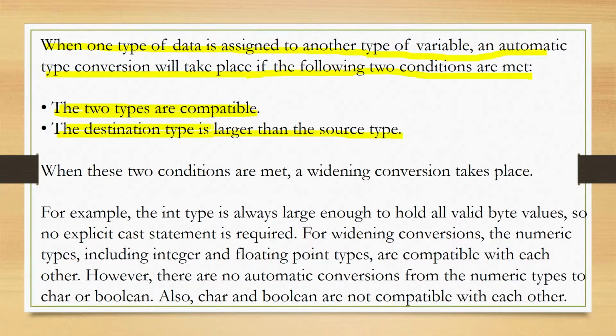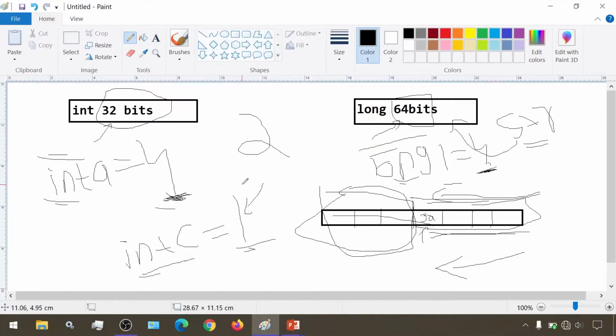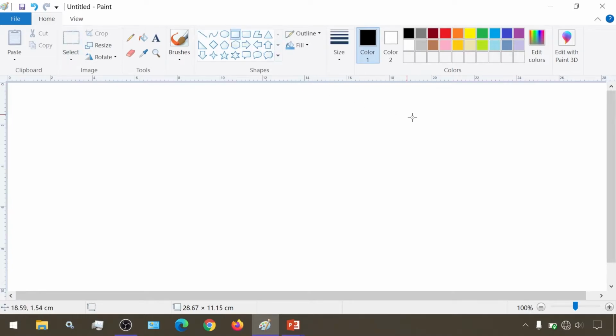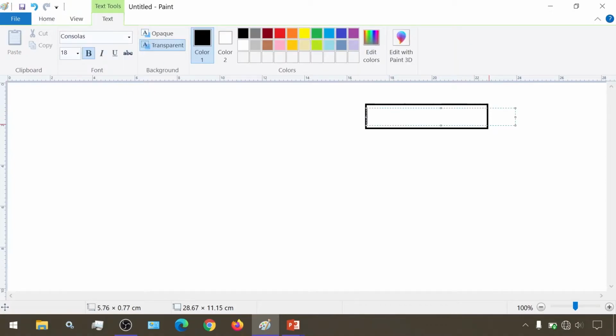And the destination type should be larger than the source type. We are talking about automatic conversion. For the type conversion to happen automatically, the destination must be larger than the source. Let's see what this means. I'll just clear this up. Now here we have this, our long.